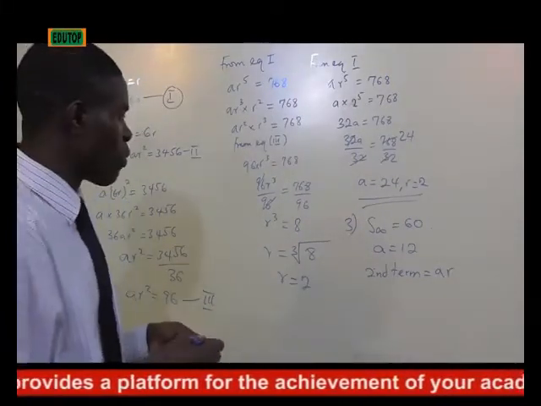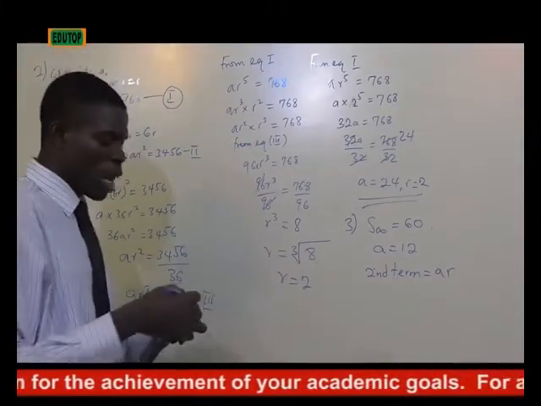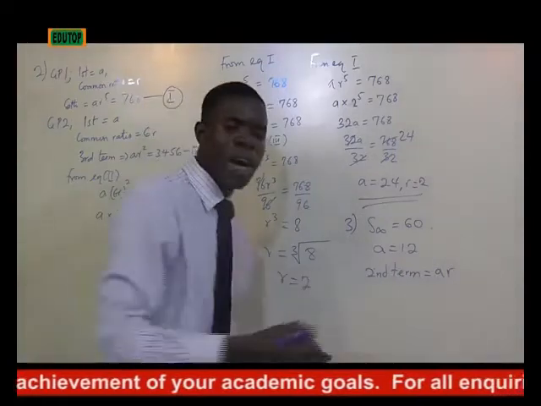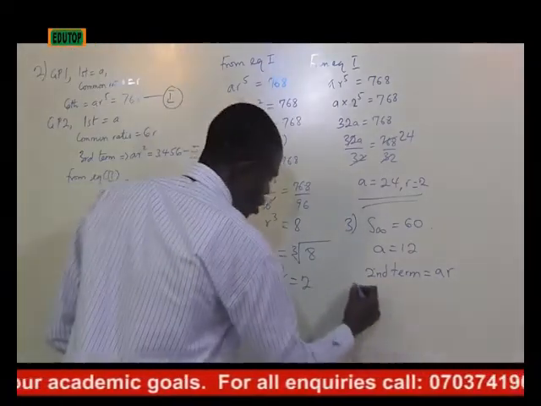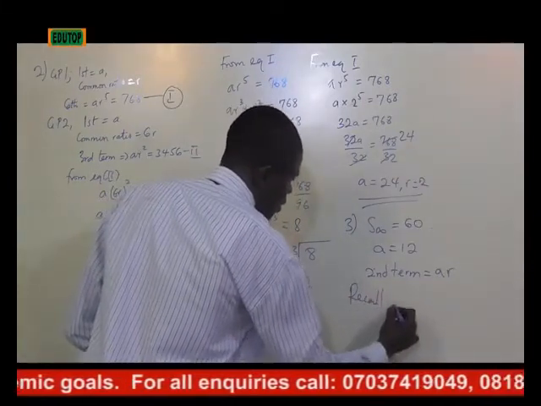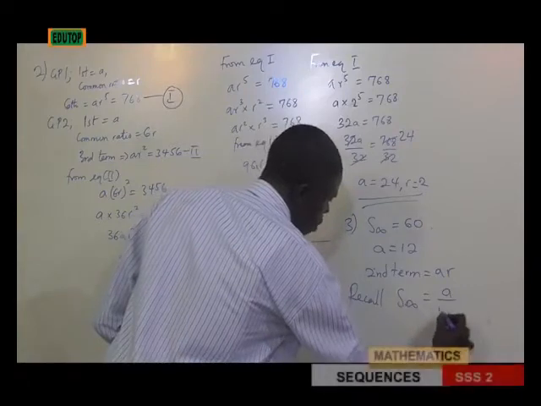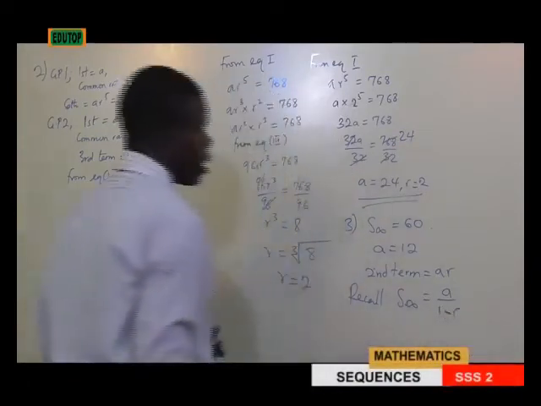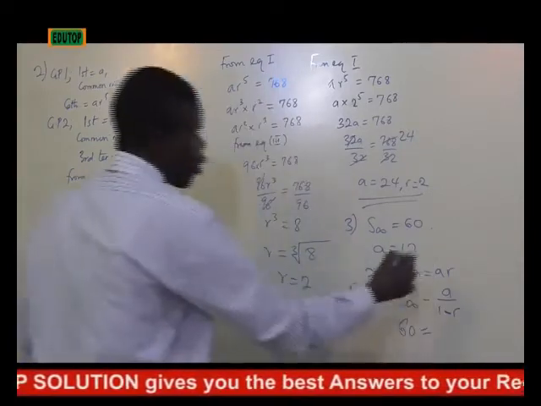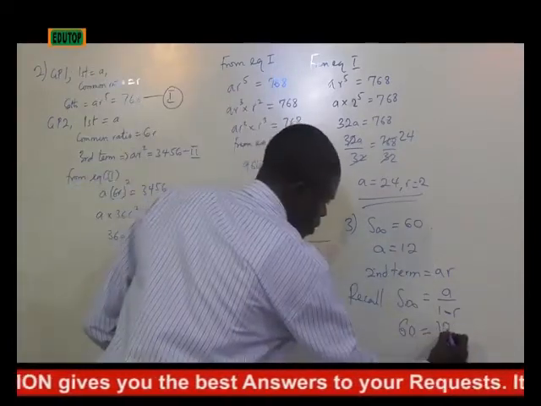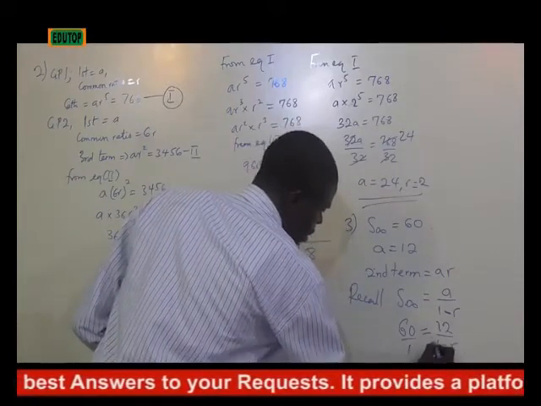So definitely the first thing we have to do, since we know our A, is to calculate our R, which is the common ratio. And recall that sum to infinity is equal to A over 1 minus R. Since the sum to infinity is given as 60, which equals our A, which is 12, over 1 minus R. So when we cross multiply this,